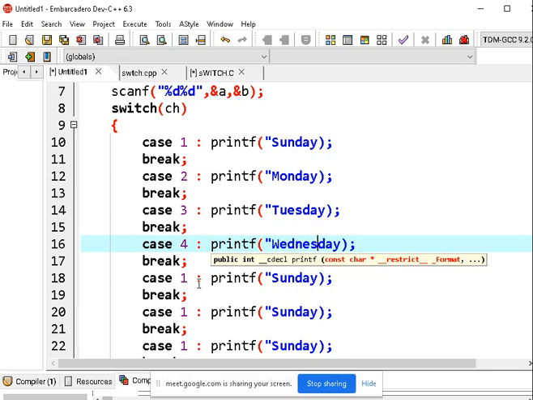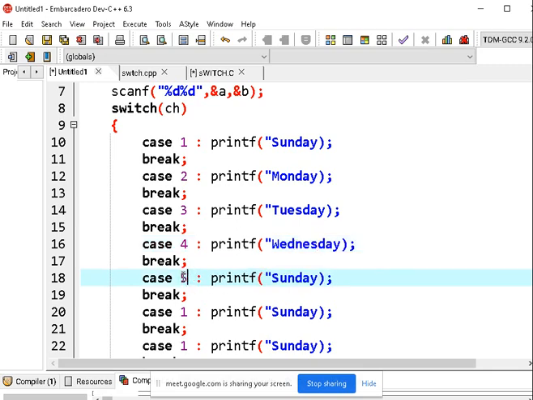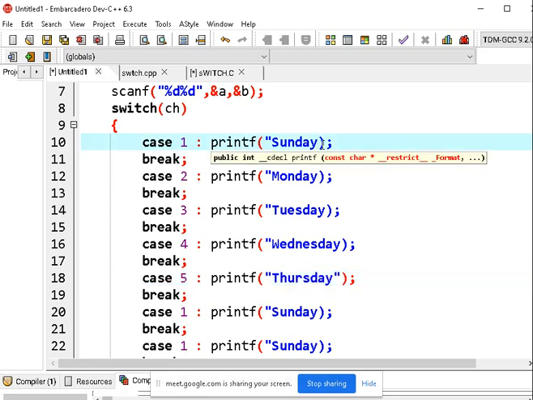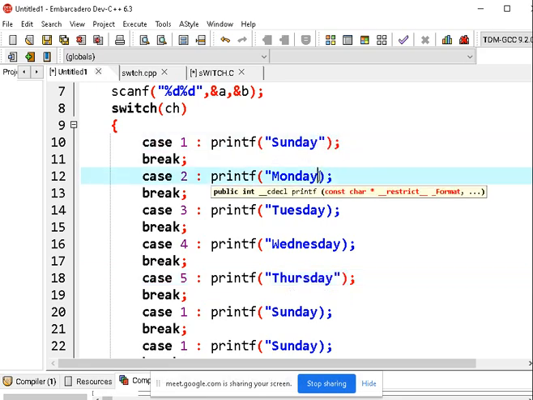Case 5. What is case 5? Thursday. Every time I am missing these quotes, or else I will get an error.